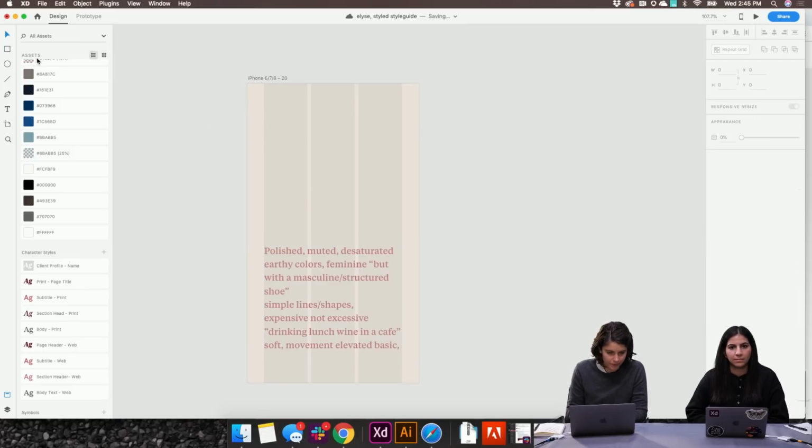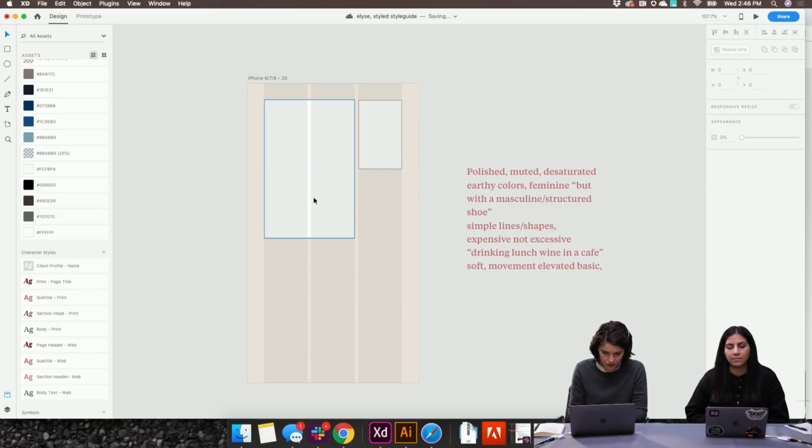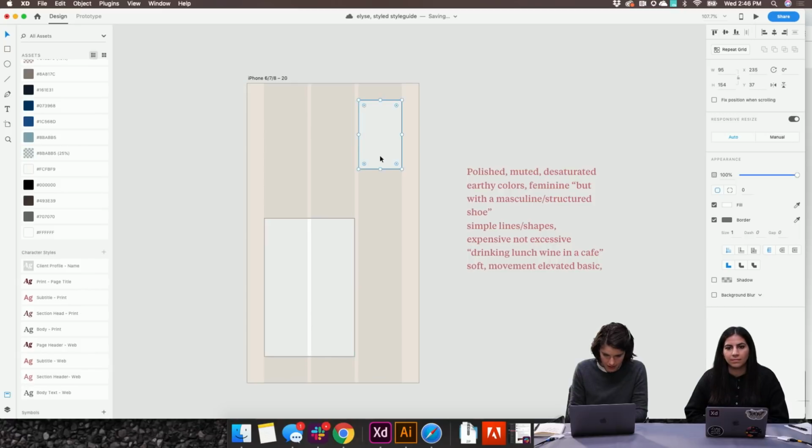So let's just try adding a grid for some photos. I want to play with our existing layout grid. I'm going to put the text over to the side for a second.